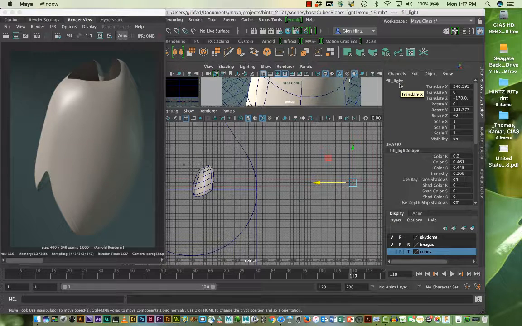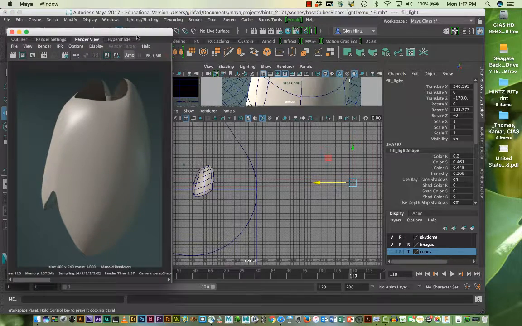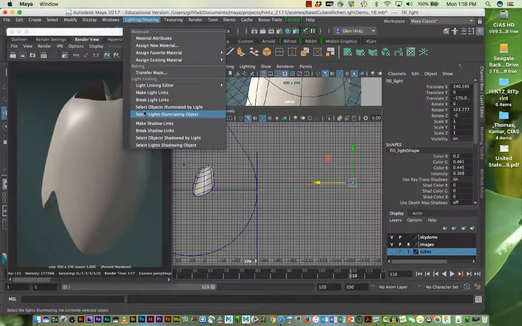Okay, so that's a way to do that, and that's helpful not only in this case, but a lot of times you want to add a color to a surface, and you want to do that by using a light. And you can do the opposite. Instead of breaking links, you can make the lights link so that a surface and a light are linked, but no other surface receives that light color. And we'll